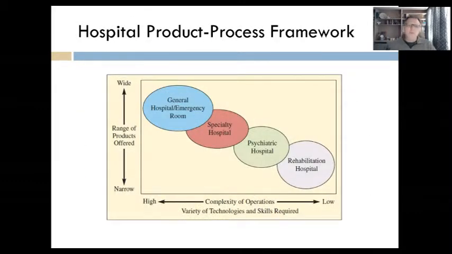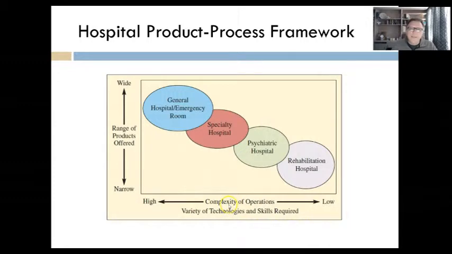All right, let's switch over to talk about hospitals for a moment. This is out of chapter 24, I think. Real quick, you can see there are different typologies of hospital frameworks, from the general hospital emergency room all the way down to the rehab hospital. Think about the Shouldice hip replacement, the knee and hip replacement, I think it was, exercise we did way back in week 1 or 2. That's an example of a rehab, all the way back to a hospital in your community.